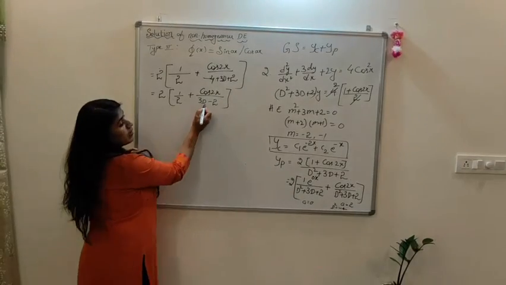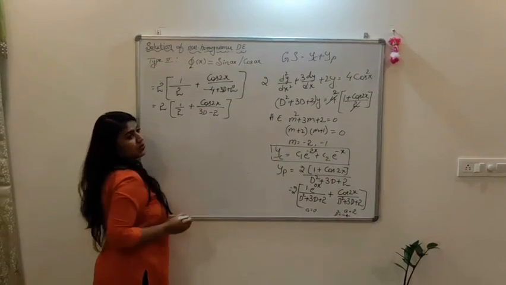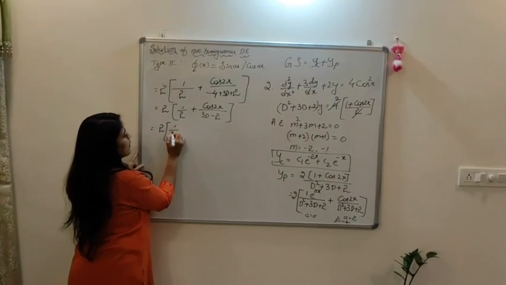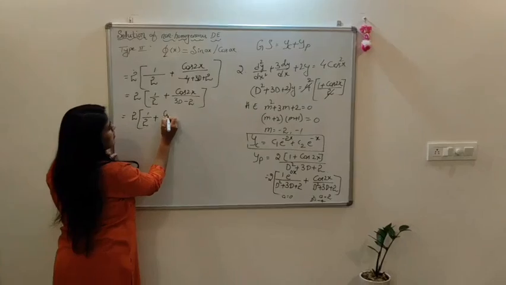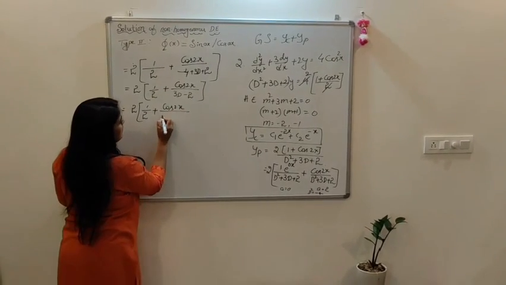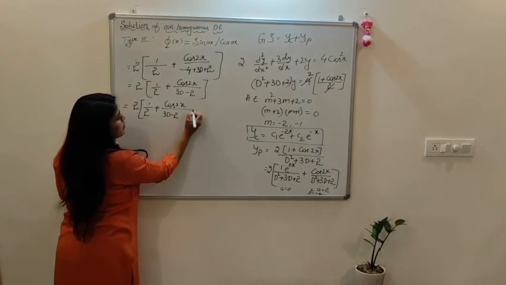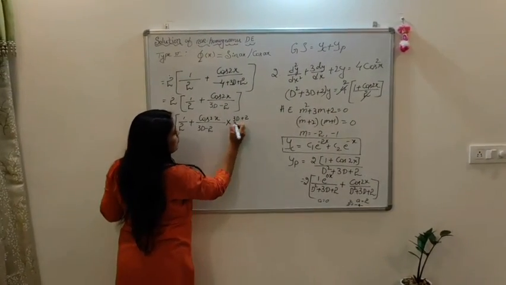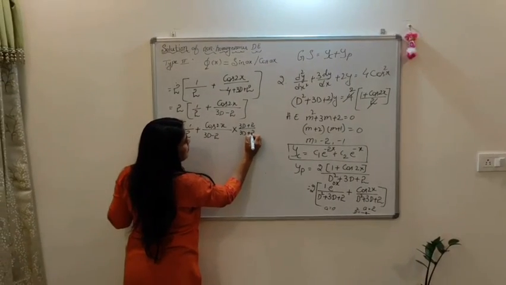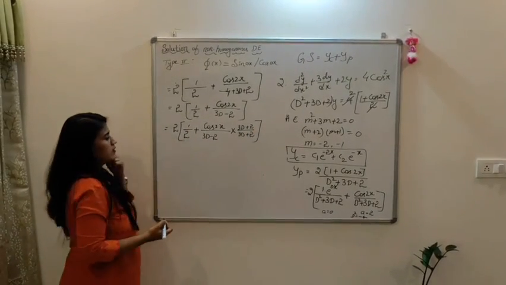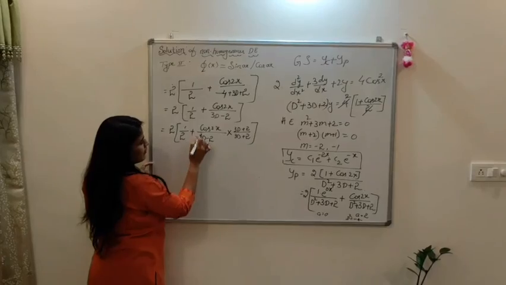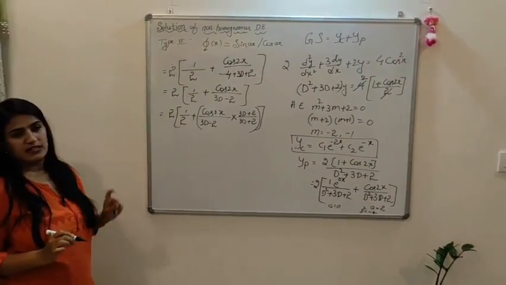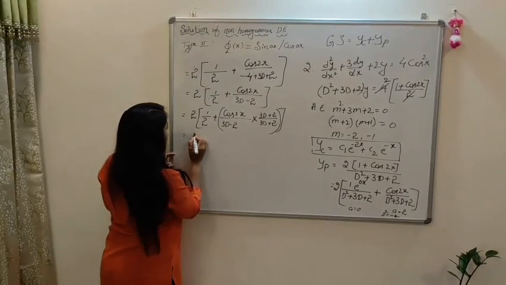So what we need to do? I want d square here. That's what I will do, rationalize. So which is equal to 2 of 1 by 2 plus cos 2x divided by 3d minus 2. For this I will do rationalizing. So 3d plus 2 divided by 3d plus 2. Okay. So this is multiplication only for this term. Okay. Not for the first term. First term is got over. It is already completed.